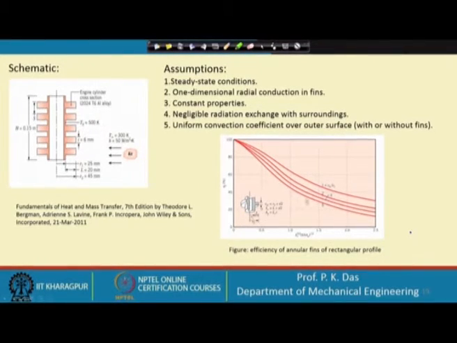Then this curve is similar because familiar, because this type of curve I have shown earlier. So, here there is a way by which you can determine the efficiency of the radial fin or circular fin, because otherwise we need to calculate Bessel function, which is not very convenient to do.